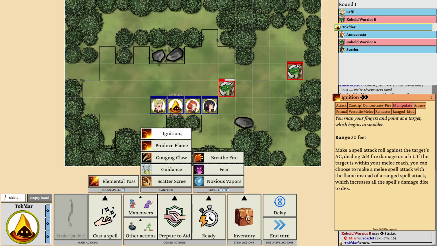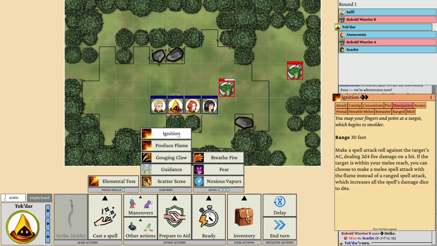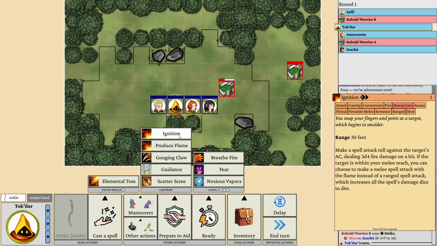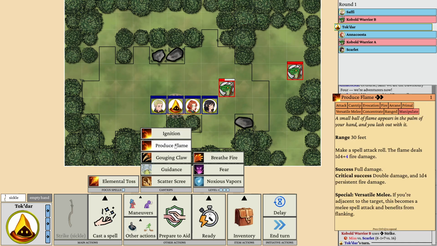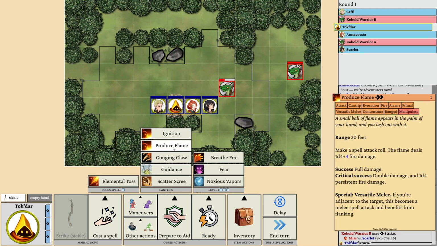In fact, this is strictly always better than ignition, as far as I can tell. Unless I'm in touch range. Is Produce Flame just better? Why am I getting this +4? Probably from my heritage or something. But yeah. So in melee, this becomes 2d6. In melee, this can benefit from flanking. A crit success here not only does double damage, but also adds persistent fire. So the only real benefit of Produce...